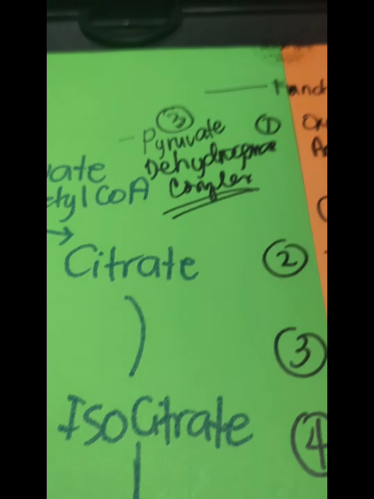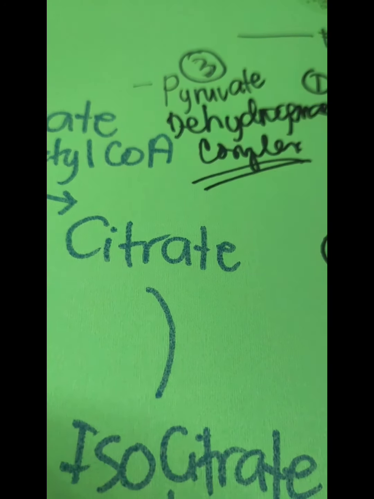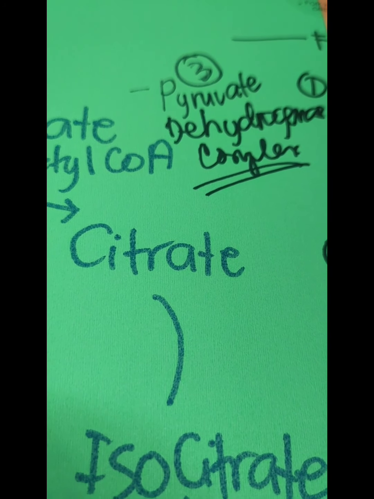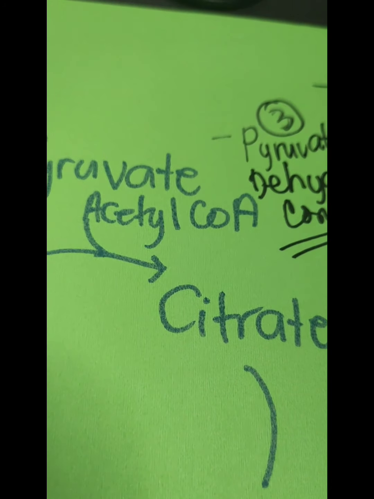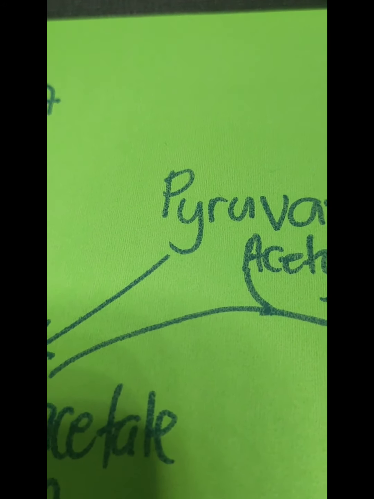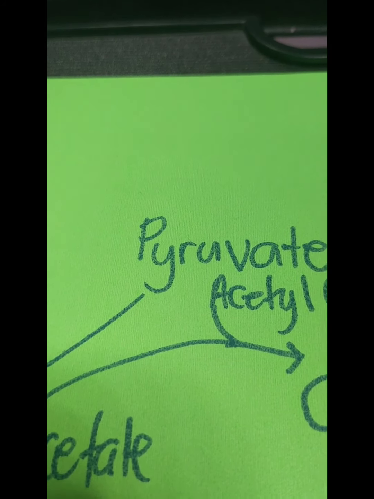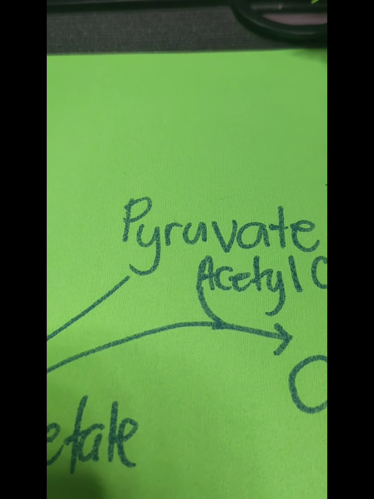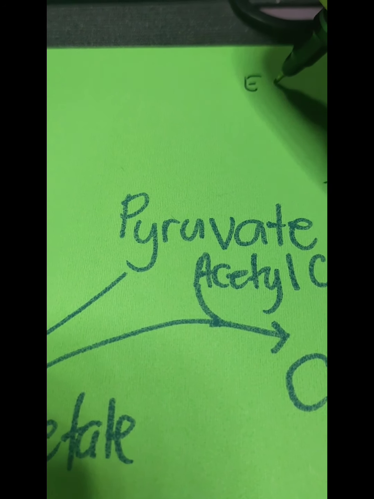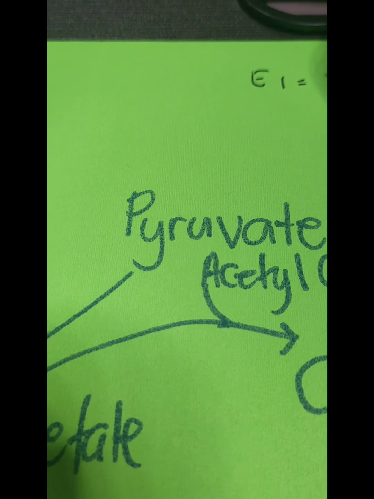Now, alam naman natin that when there is an enzyme, there should be a coenzyme. The coenzyme will definitely help in the enhancement of the reaction. So, ano po ba yung mga coenzyme na kailangan ng PDH complex? So, depende po yan. A coenzyme will act as a carrier or oxidant of the intermediates. Okay? So, kung iyan ay E1, ang kailangan niyan ay thiamine